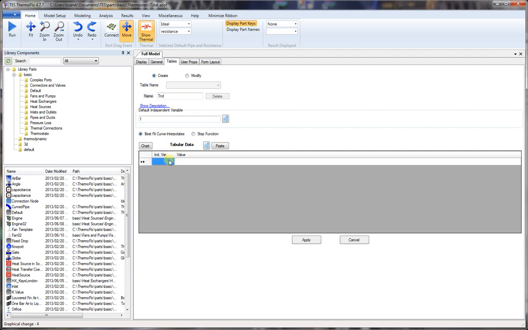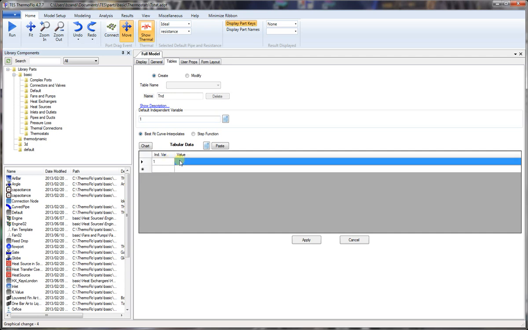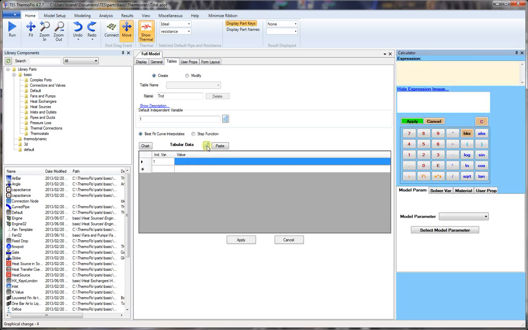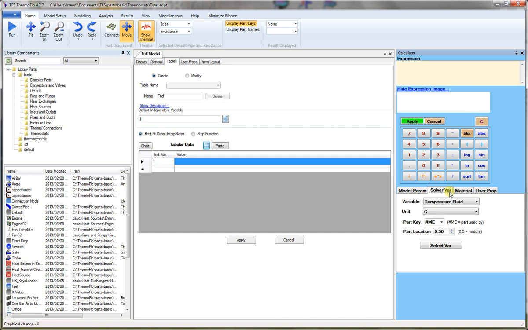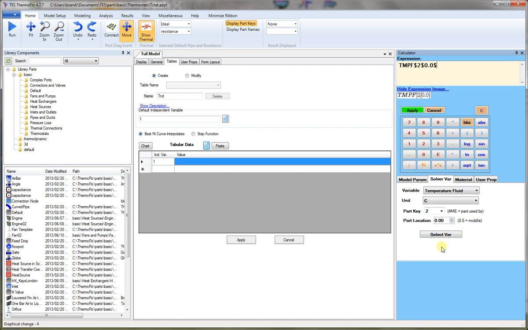That means nothing is going to change, and the value of it, we click on the calculator button and we can enter our function. So that's going to be T. Now we want to know the temperature of the inlet to the radiator. So that's why we wanted to remember that was part number 2. And we go to the location 0. So that's the inlet of the radiator